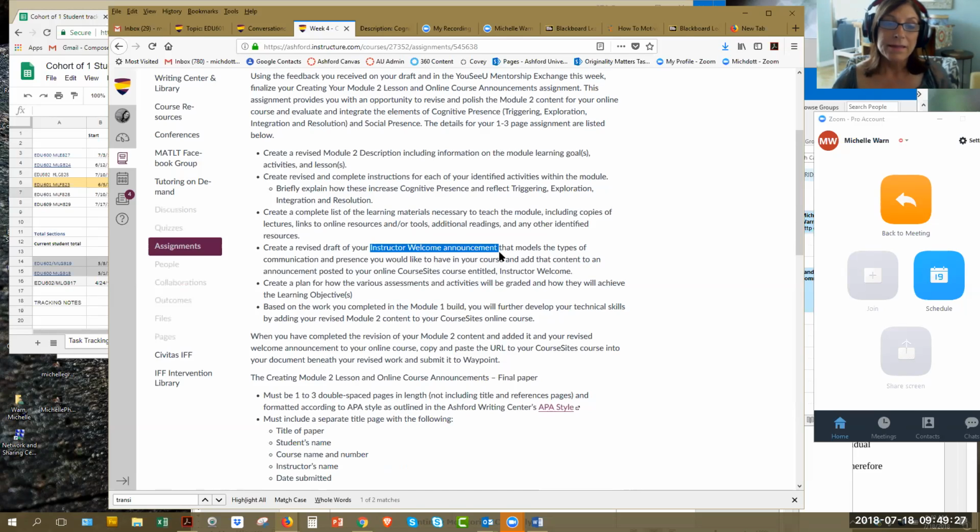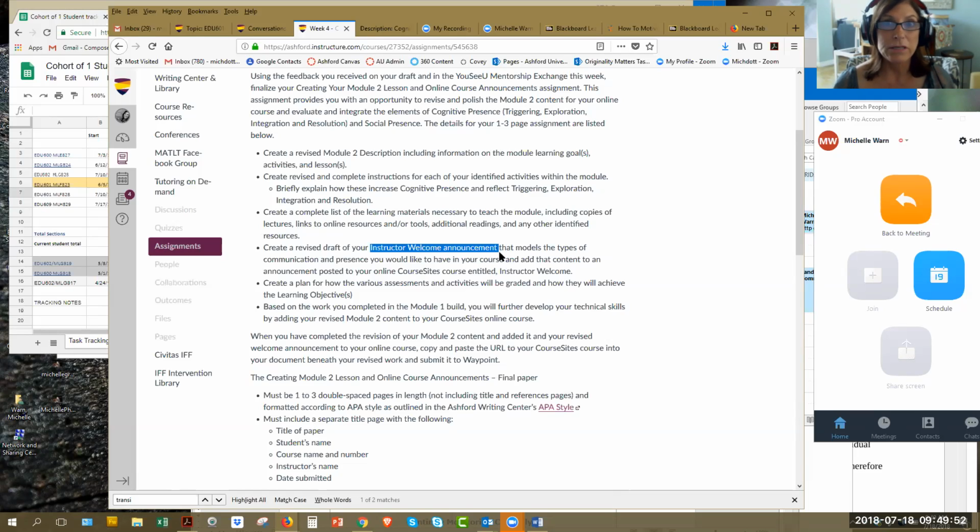And so this is where the teaching presence and the social presence come in, and where you, as instructor, are establishing your presence, and you're letting them know how to contact you, and you're inviting them to contact you with questions, and you're also teeing up the course and getting them ready for the course,